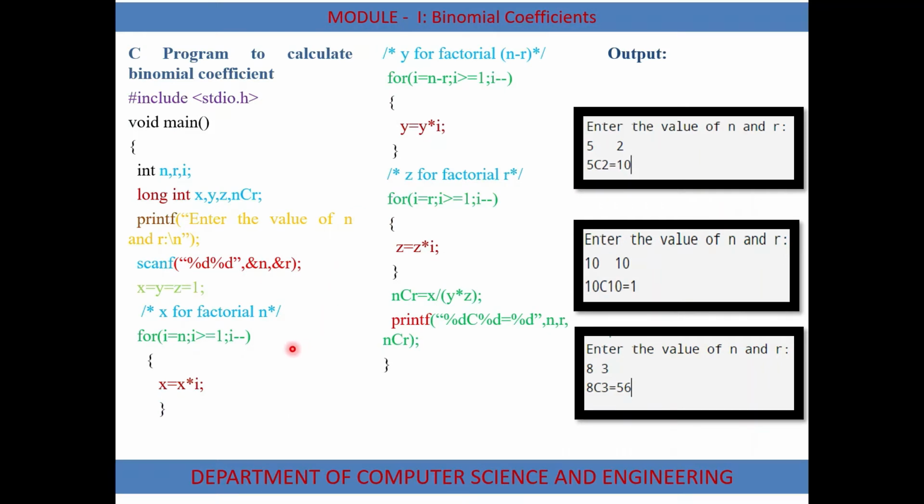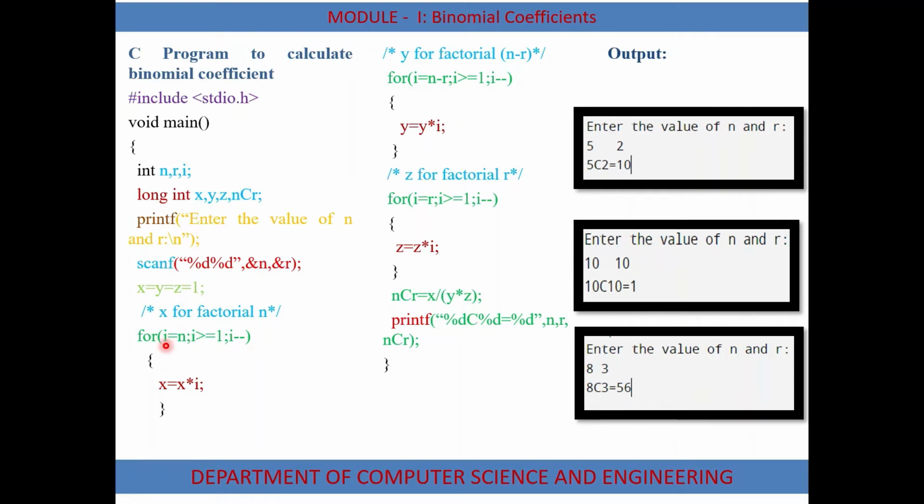For that we are using a for loop. That is, for i equal to n, i greater than or equal to 1, i minus minus. As we know, a for loop has three parts. First is initialization, second is the conditional expression, third is increment or decrement. So we have considered initially i equal to n, that is whatever value we are reading, that n value, here it is 5, is assigned to the variable i. So now the value of i equal to 5.